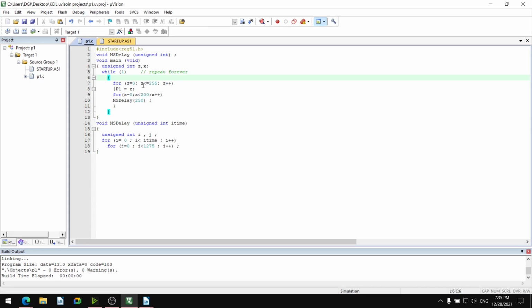So z is varying from 0, 1, 2, 3 up to 255, and we are outputting that z value. Once we output 0, then we output 1, then we output 2, and each time we are giving some delay, say for x, an ms delay function. The ms delay function is written after the main. So save and build, zero error, zero warning.